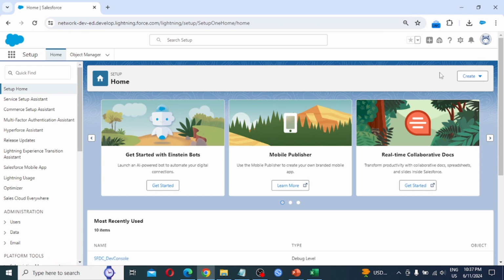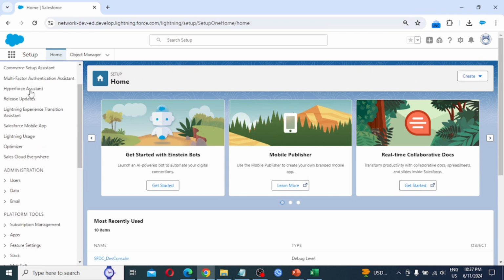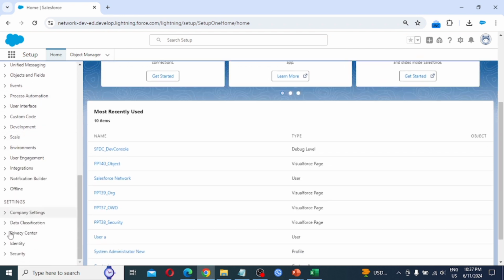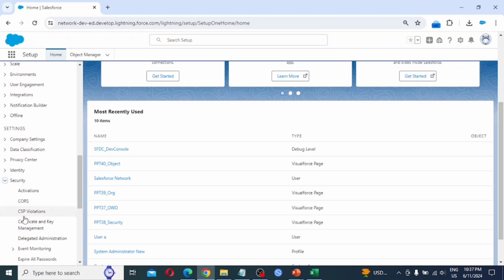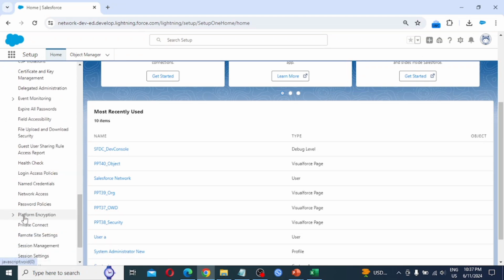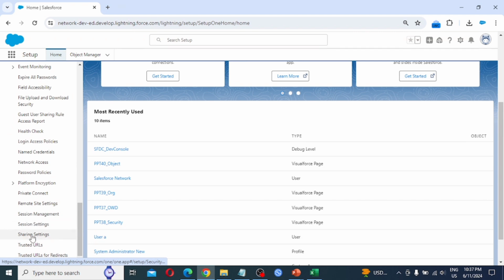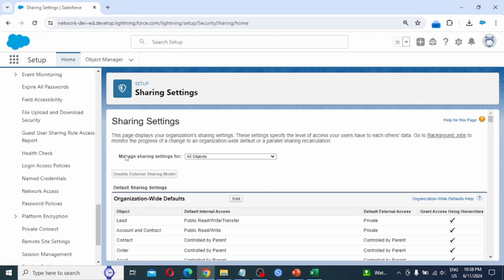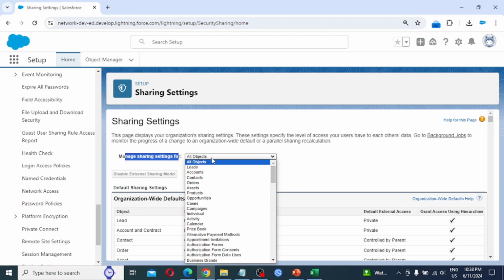After clicking on Setup, under Settings, in Security, we are seeing Sharing Settings. This page displays your organization's sharing settings. These settings specify the level of access your users have to each other's data. Here we manage sharing settings for all objects.